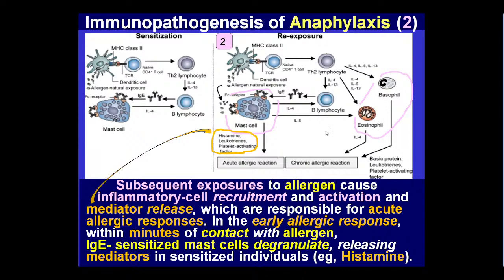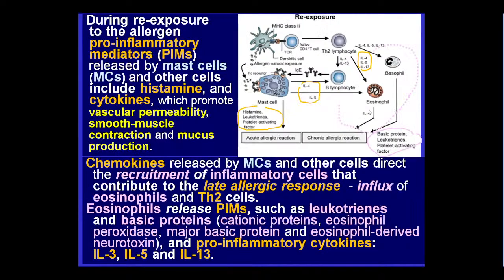You see in this scheme that cells involved are mast cells, basophils, and later eosinophils. During the exposure to the allergen, many pro-inflammatory mediators are released. And cytokines maintain this release of the pro-inflammatory mediators. What are these mediators? They are histamine, leukotriene, activating factors, and some others. And on the level of cytokines, pro-inflammatory compounds are interleukin 5 and 4,